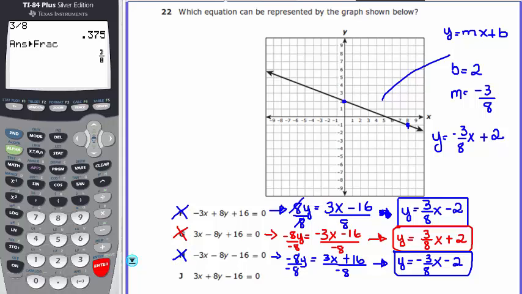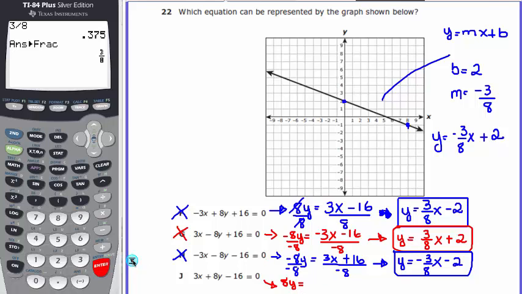So most likely it's going to be letter J, but to be literal, let's go ahead and try it to make sure, because this question is not hard. It's just taking a lot of time to get all the equations alone, but this question is not hard. Okay, so let's move the 3x to the other side, the 16 to the other side. So that means on this side we're going to get just positive 8y